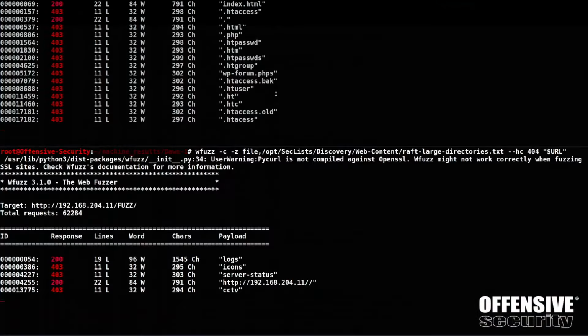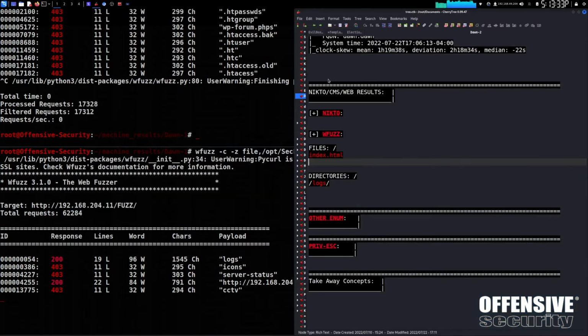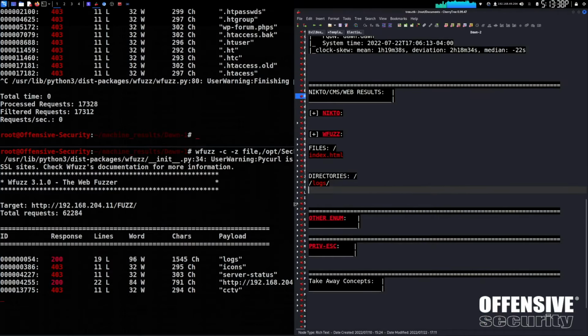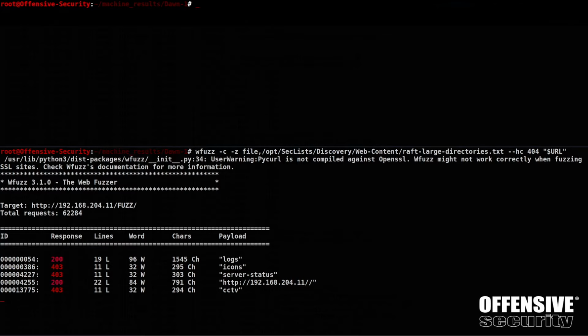Hold on a second. If we cancel out of this and we got CCTV back. Also, I do need to add this in case we need to fuzz that. CCTV, anything past it. But that is also, even though it's forbidden, the reason I'm keeping that is because I want to fuzz past it, potentially. But if I pause what we're doing here, and we go to nmap -p